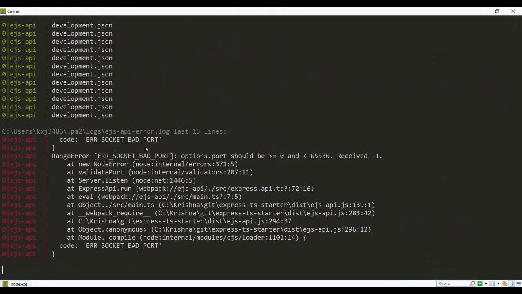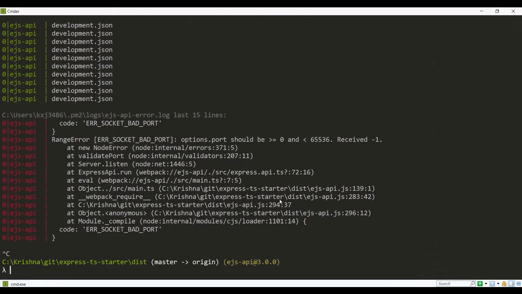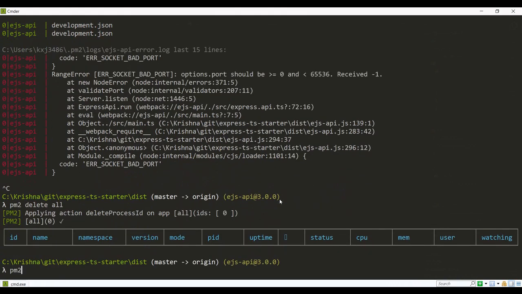We can see the errors by using pm2 logs. It will display the bad port, so you can get all the information here. It will try to reload 15 times. If I need to reduce or increase the reload count, we can use pm2 start with max-restarts equal to 2.